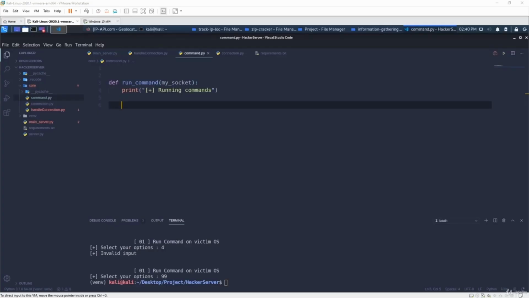Alright, so welcome back. In this lecture we are going to develop this program which is run command, and this will help us to execute commands on our victim machine. So first we have to get the user input. So currently I'm on my server program. I can get the user input here by using the input function, and then we can put